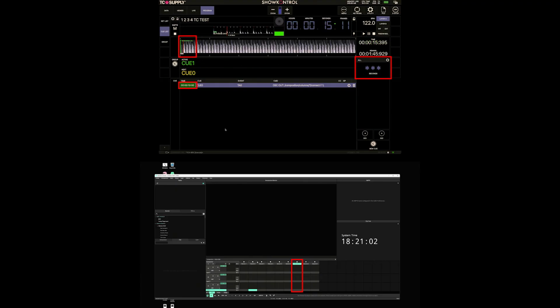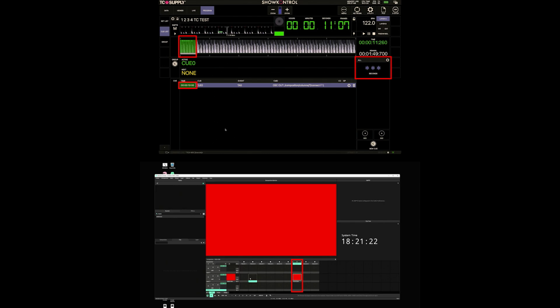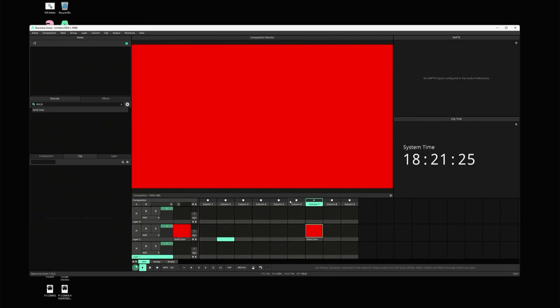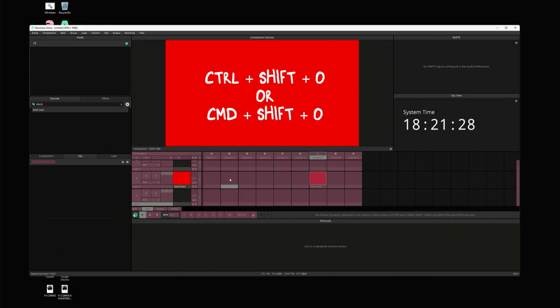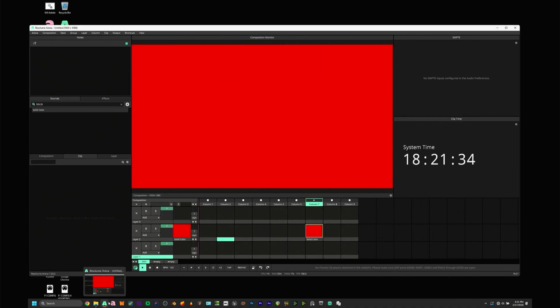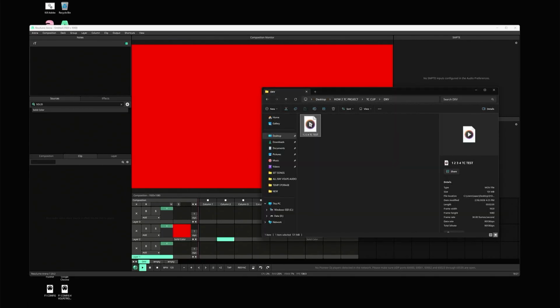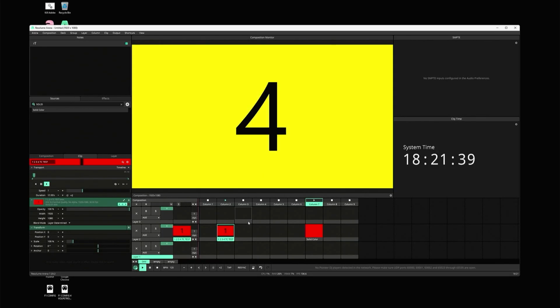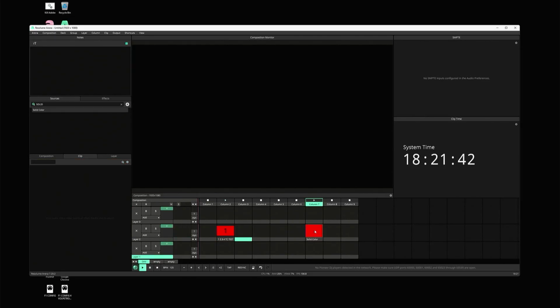And if we actually run that back, we could even throw in a solid color. And let's run it again. There it goes. And like I said, this can be used to trigger a multitude of things within Resolume and automate. Instead of baking a clip like we did earlier that has full synchronization with the audio, you could take a solid color,